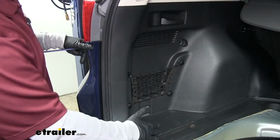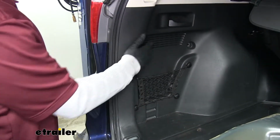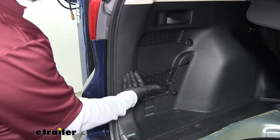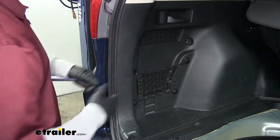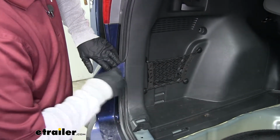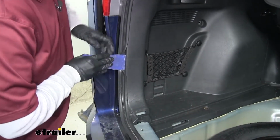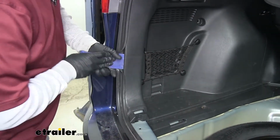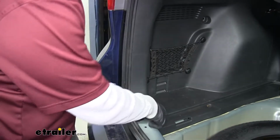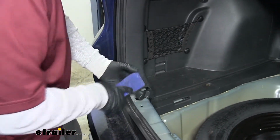Now with all those fasteners removed, the plug we're going to be looking for is behind this panel on the driver's side. So we're going to want to pull that panel out so we can get access. I'm going to be using a plastic trim panel tool. I'm going to come behind the panel, just pull the weather stripping out of the way a little bit. And we want it to release the clips so we can start at the bottom and just start working